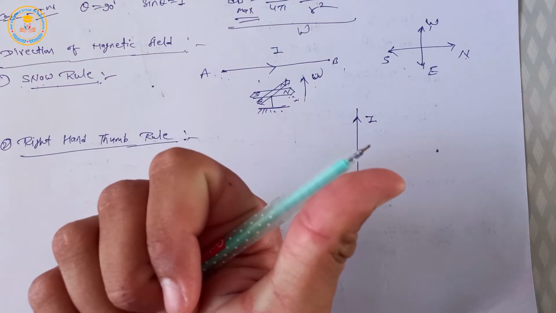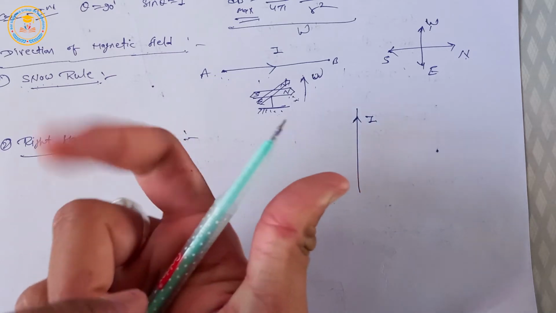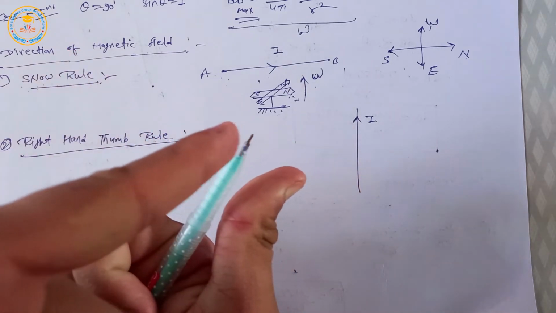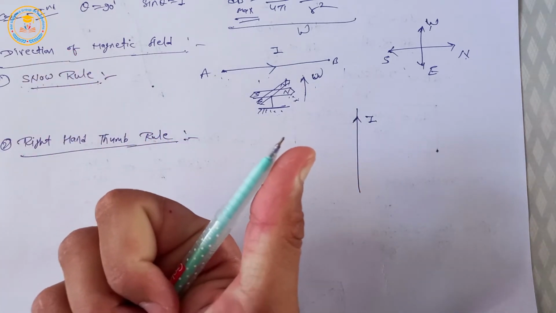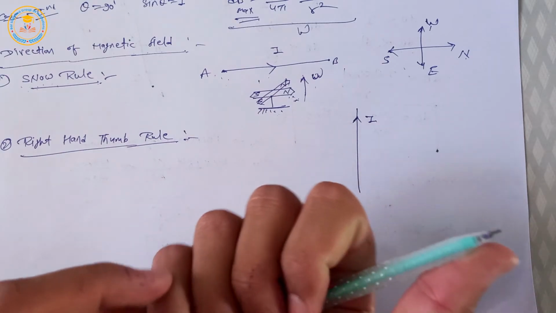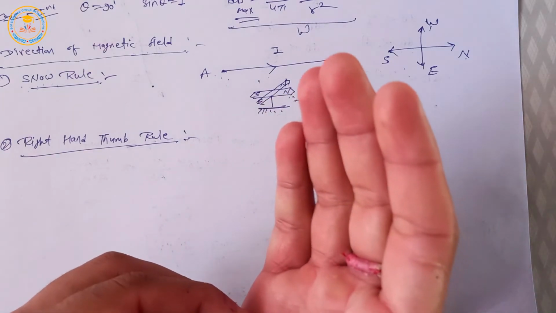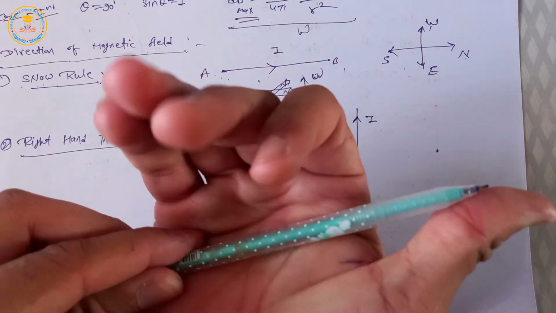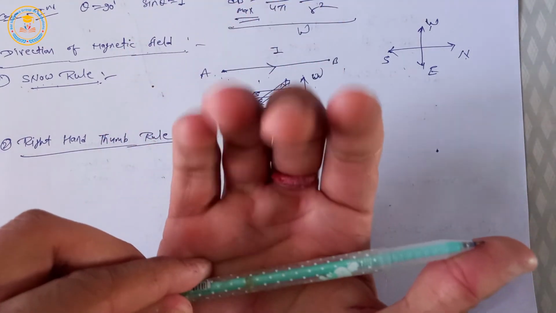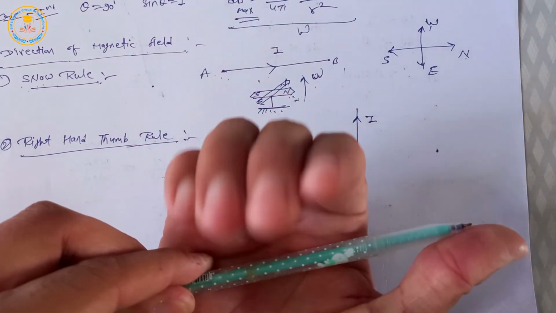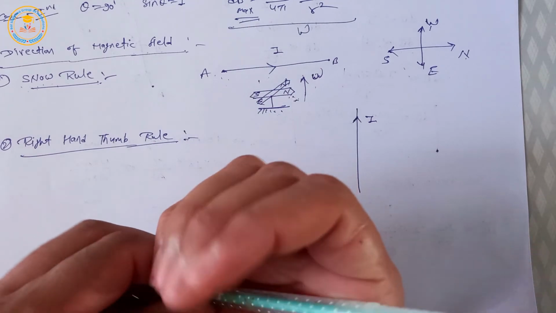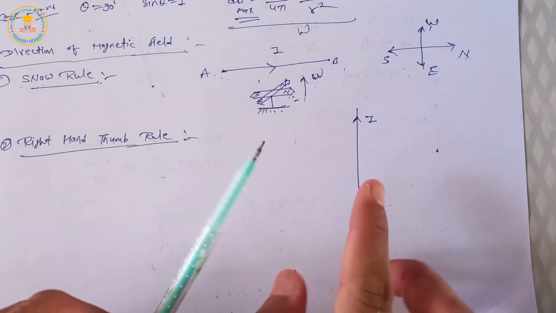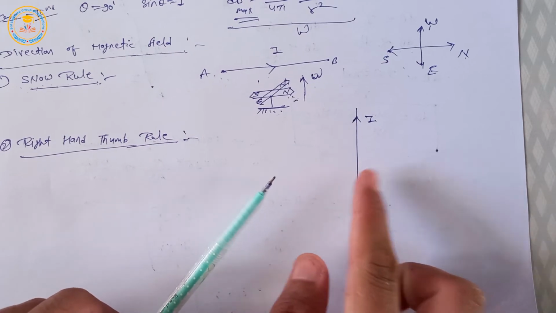The thumb remains in the direction of current, and the thumb points in the same direction as the current. Then the folded fingers, in this situation, represent the direction of the magnetic field. Okay, again, if we have a straight current carrying wire